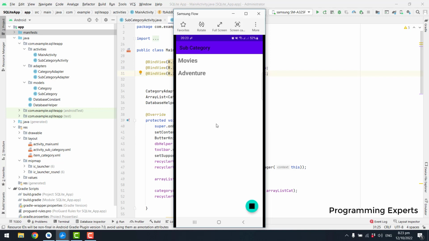Then we can also write the code to remove that particular item. Here we can see news, and then we have sports. So guys, this is the application that we are going to develop, so you have to follow me and learn all these steps